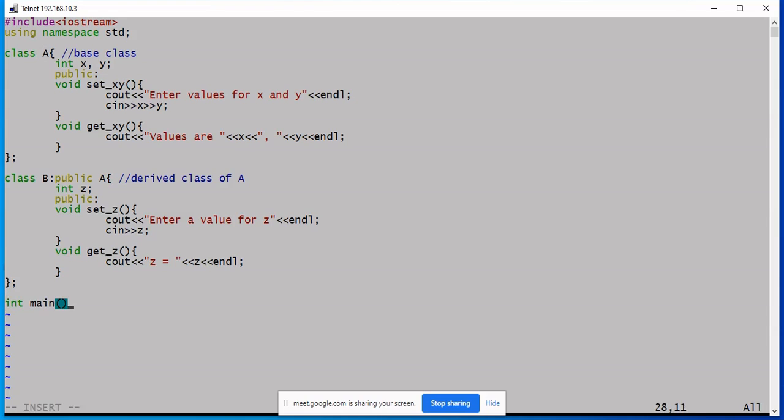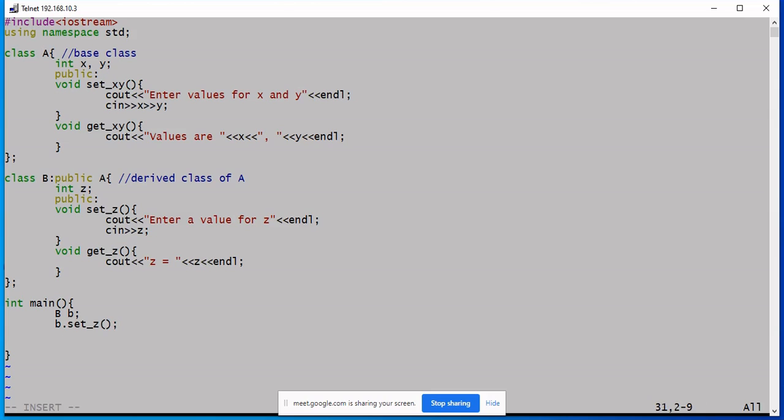Now let's test the member functions by creating the objects first. Here is one object of P. I'll call a function to set the value for z.